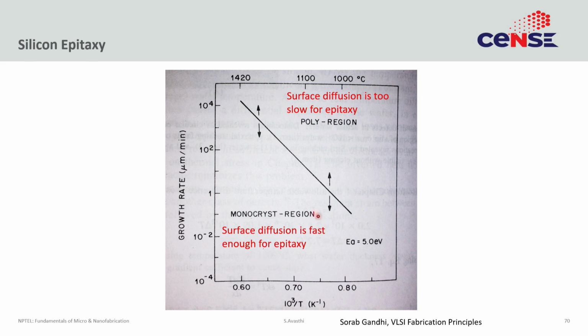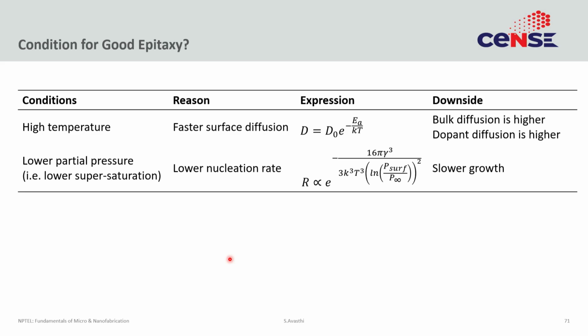So, these sort of insights are important because tomorrow when you are trying to do epitaxy and you get something off, then you can appropriately tune the temperature, supersaturation, pressure, etc. So, let us just finally conclude and say what are the good conditions for epitaxy, right. So, the good conditions for epitaxy is higher temperatures. Typically higher temperatures will allow material to move better and will give you better epitaxy,